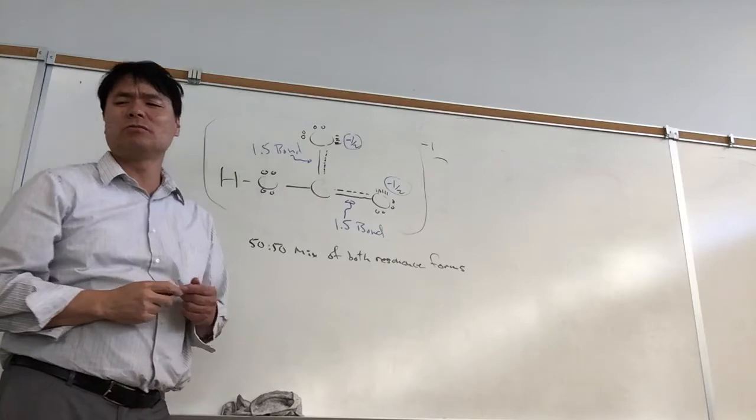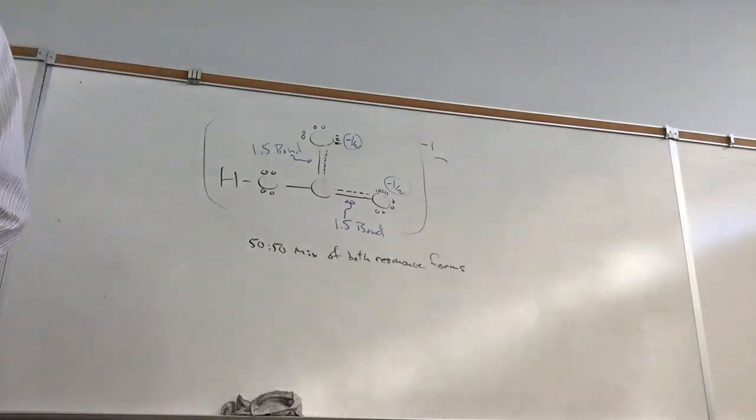That third resonance form is not going to be mixed into this hybrid structure because it's too unstable. And so this turns out to be a mix of the first two structures I drew there. We can eliminate the high energy structures. All right, then tomorrow we'll look at a little bit more complicated